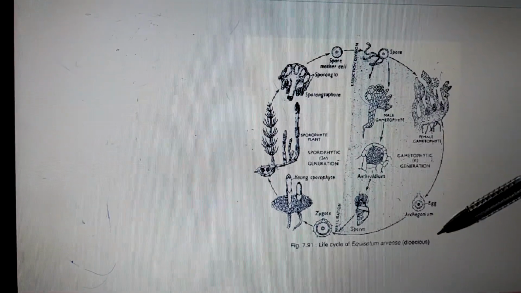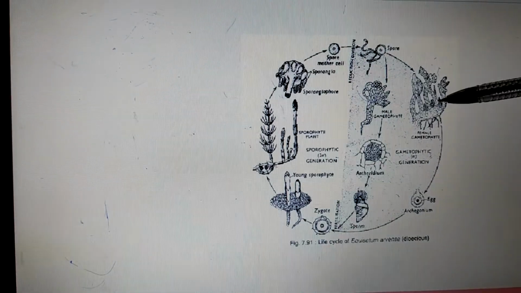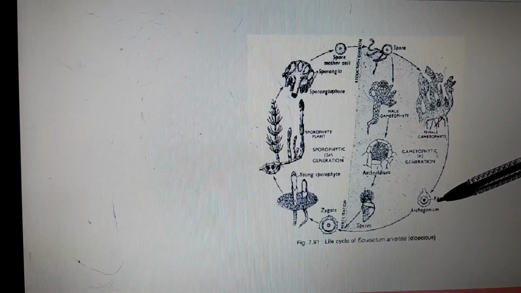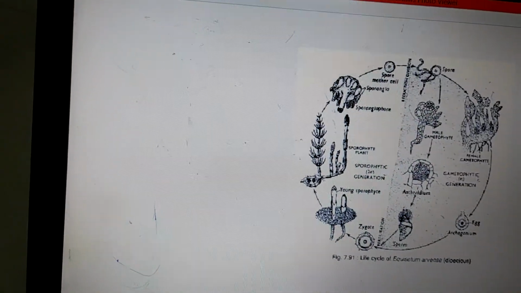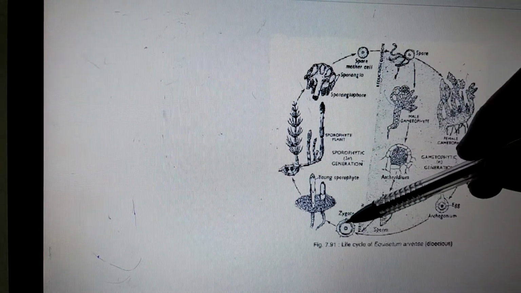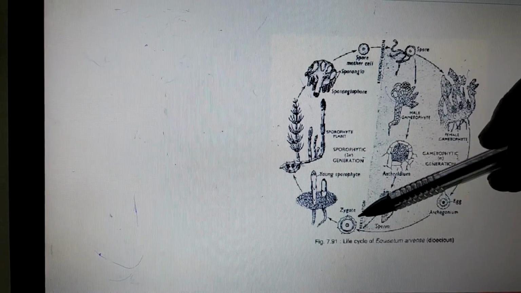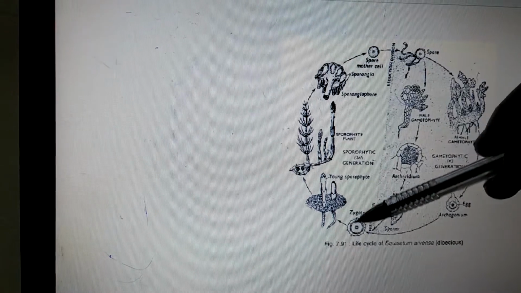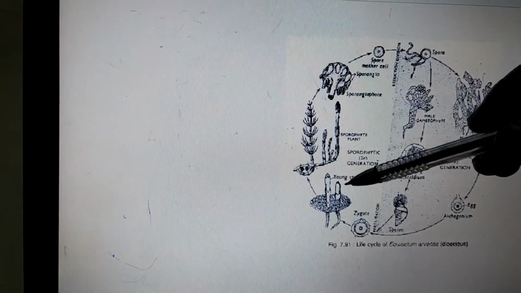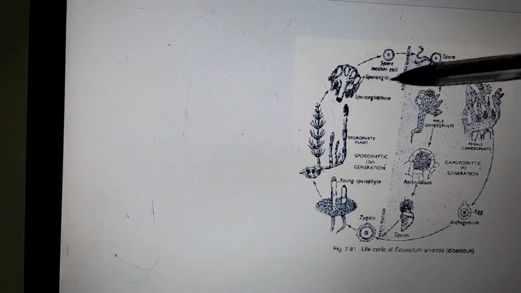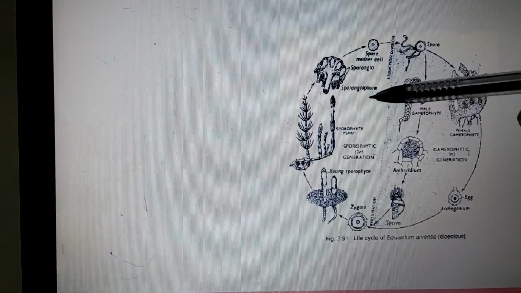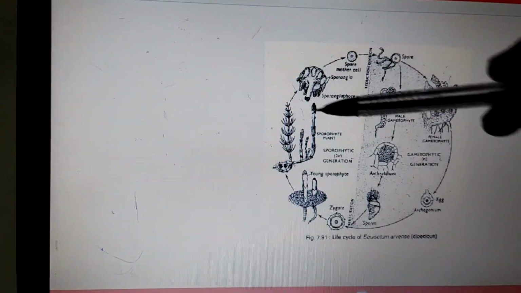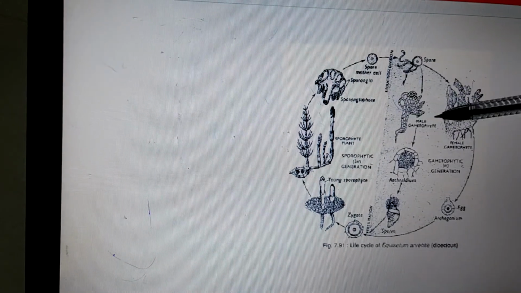The development of the antheridia produces multiflagellated sperm, whereas development of the archegonia produces the mature egg. Fusion leads to formation of the zygote, and we saw the divisions. The first division leads to formation of epibasal as well as hypobasal cells. The epibasal is responsible for the shoot, and the hypobasal, the downward portion, is the root. We have the quadrant stage followed by the octant stage followed by the multicellular stage, leading to formation of the apical initial, that is the shoot initial, leaf initial as well as root initial, which differentiate, divide, differentiate and form a sporophytic plant. So from the gametophyte we have the sporophyte.